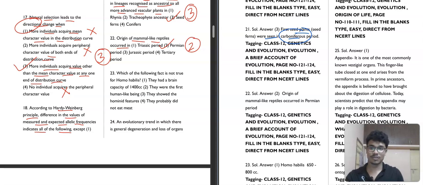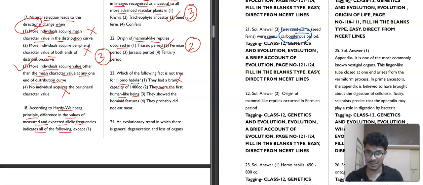Then question number 23. It is saying, which of the following facts is not true for Homo habilis. Okay, so the primary ancestor or very early ancestor of human beings, Homo habilis, had a brain capacity of 1400 cc. I mean, this is very much. This is what we have now. This is not correct. Then, they are the first human-like being. No, they are not the first human-like being. Okay, they are not,